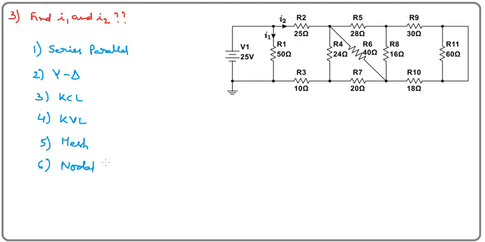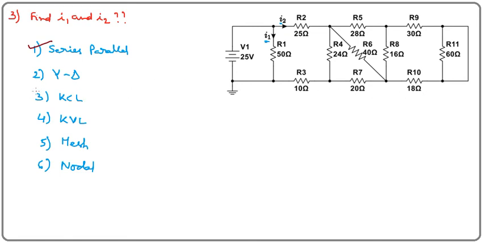So out of these six methods, which method is better for this problem? Actually this problem is simply finding I1 and I2. This is I1 and this is I2, so we need to find these two currents. That's all. There is a big circuit here. If I convert this big circuit into one single resistor by using series parallel, this problem will be easily solved. So the best method for this problem is series parallel combination. Let me see whether star delta is required or not once I proceed with the problem.